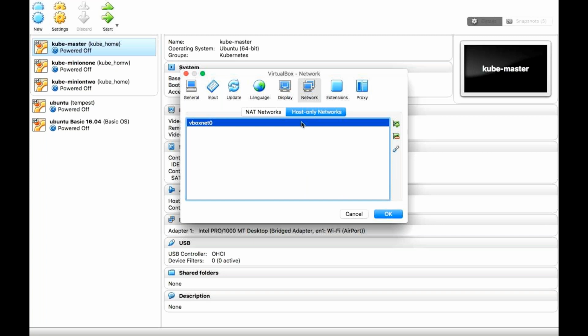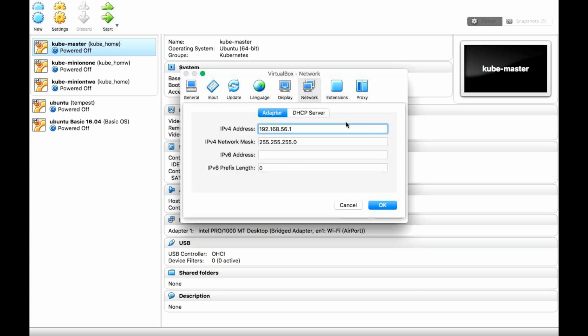But here, host only network, you need to create it if it is not available. If it is already available and you want to see the details of this, just double click on this. You can see here the adapter. This is the gateway of the switch, and this is the subnet mask. It is a slash 24. So we can connect a total of 254